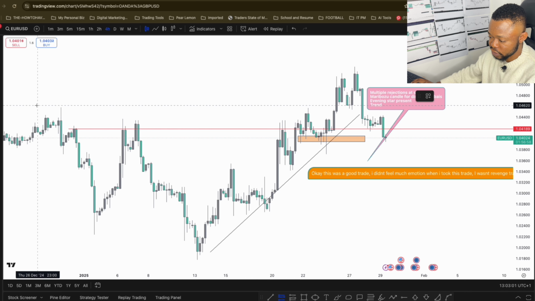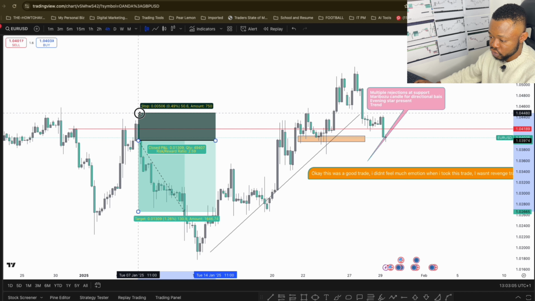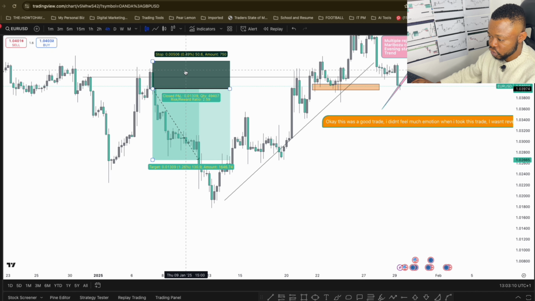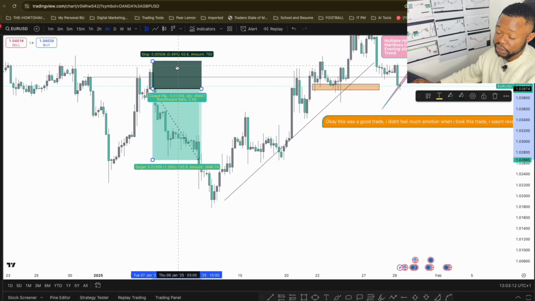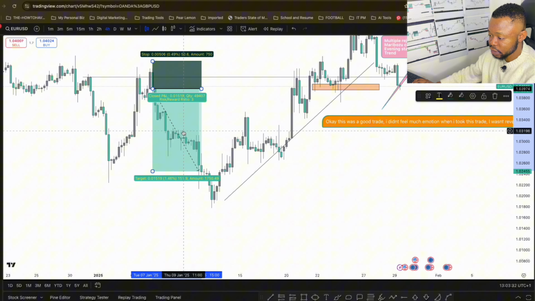So let's say I decide to sell short here, and this is a drawing tool that you can use to help you analyze it way better for more clarity. So on this particular trade now, I'll be risking a 50 pips stop loss, and I'm looking for a 1 to 2 or a 1 to 3 risk to reward, depending on what you are looking for in the market. So let's say I'm looking for a 1 to 3. So I've decided to take 50 pips as a stop loss, and I'm looking for 150 pips TP.